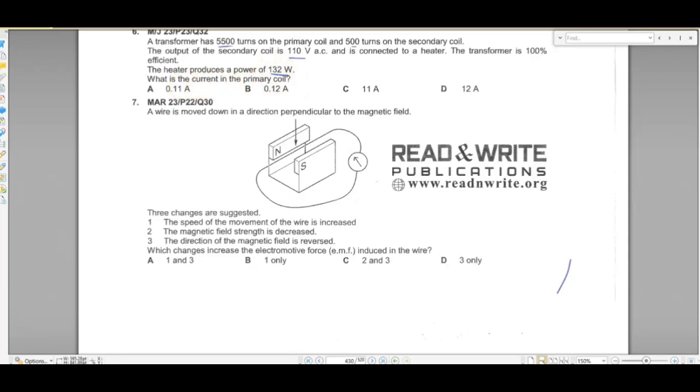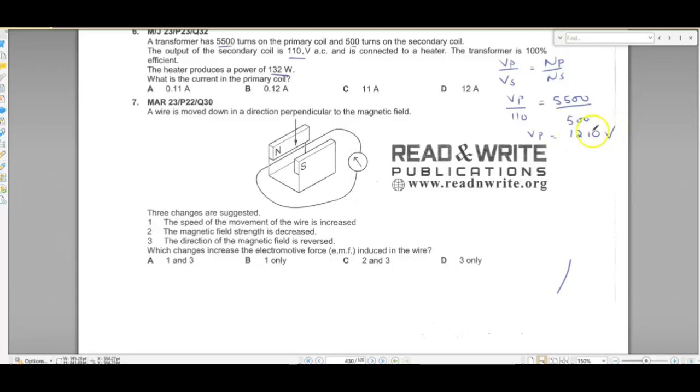Okay. First, we have the number of turns. We need to find the voltage on the primary coil. We can find it with the help of this formula. Let's put in the values. Vp, we don't know. Vs is 110 volts. The number of turns on the primary coil is 5500 and this is 500. So Vp is going to be equal to 1210